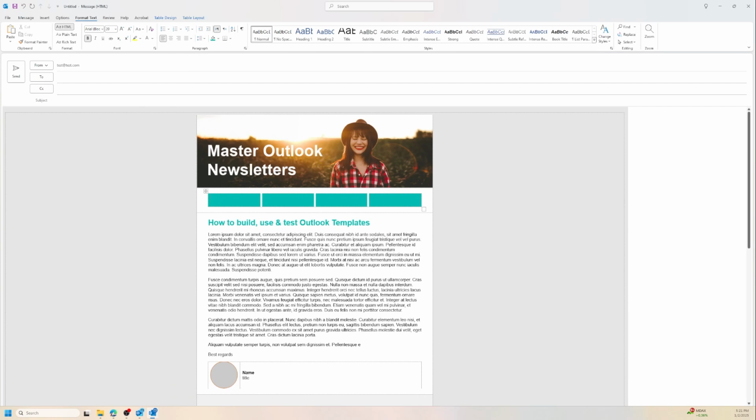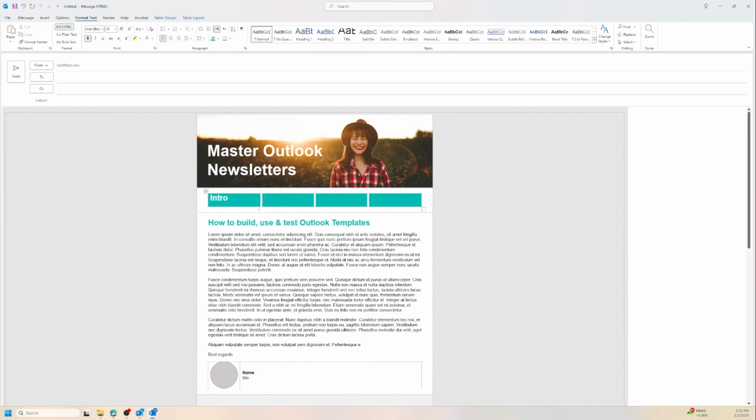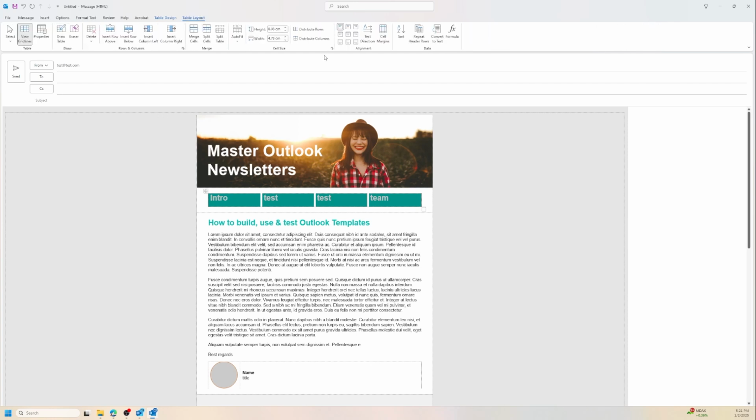So let's create the first button, which is going to be intro. And then we have test, and team. As you see, we can't see the text because of the color. We need to go back and give it a color. Now we need to go back to table layout and then center it. So it's centered,